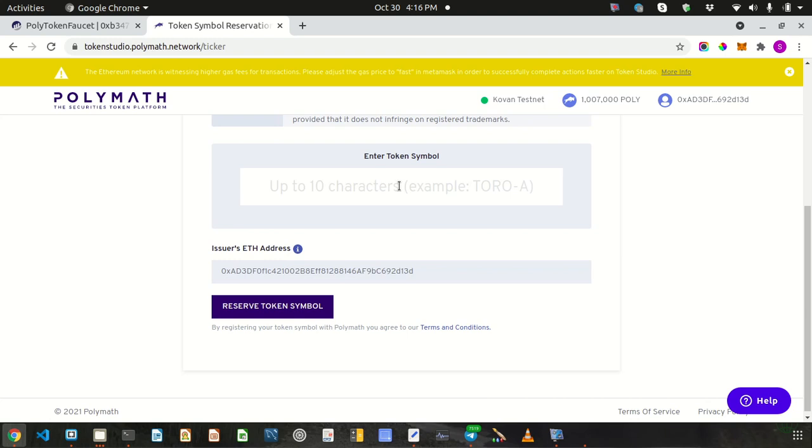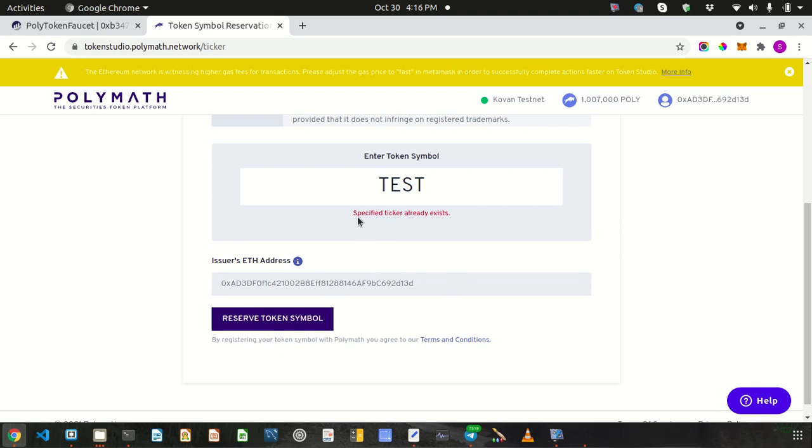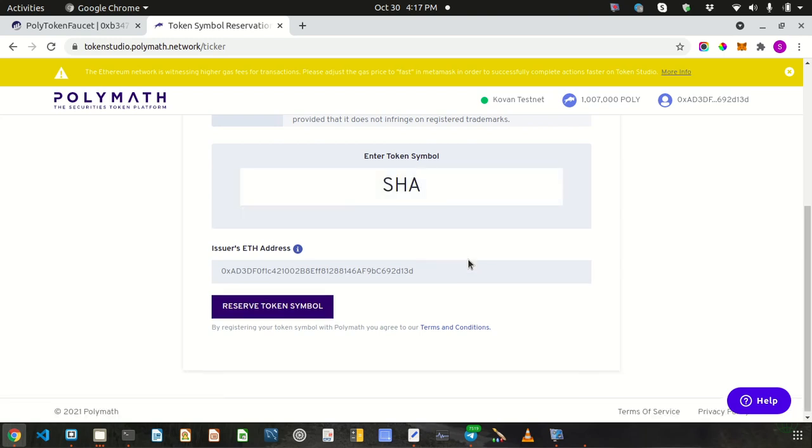PolyMath network, and this token symbol must be unique. So if you enter a symbol which has already been registered into the network, it will give you the message that the specified ticker already exists. So you have to enter some unique token symbol. Hopefully, the token symbol of your company has not been registered into the network. So let's try another symbol, and this symbol is not yet registered. So we are going to create a token with this symbol,